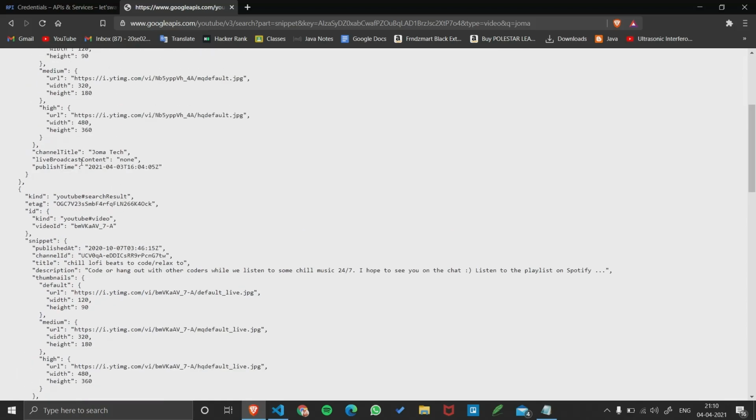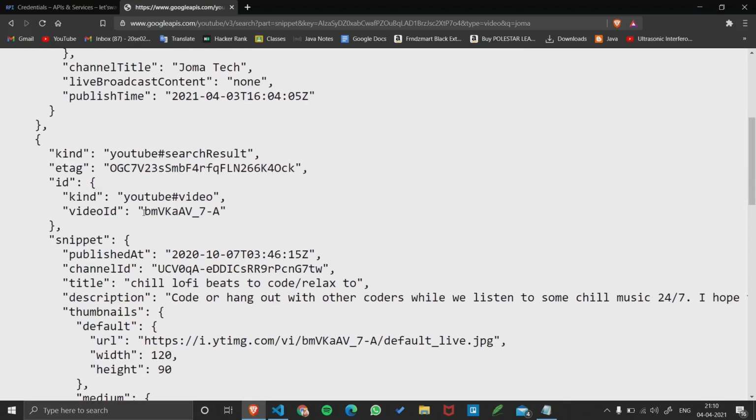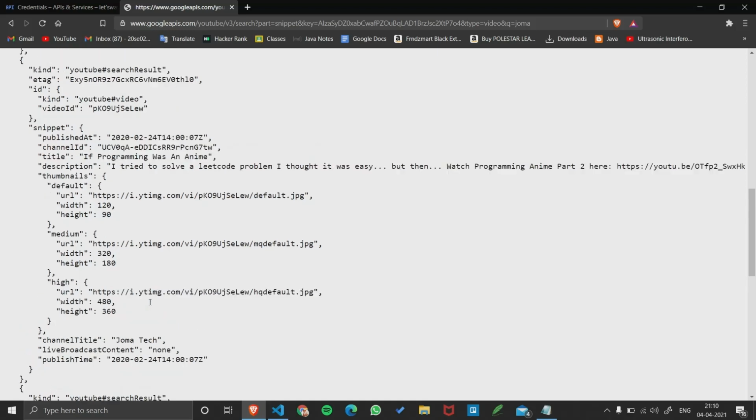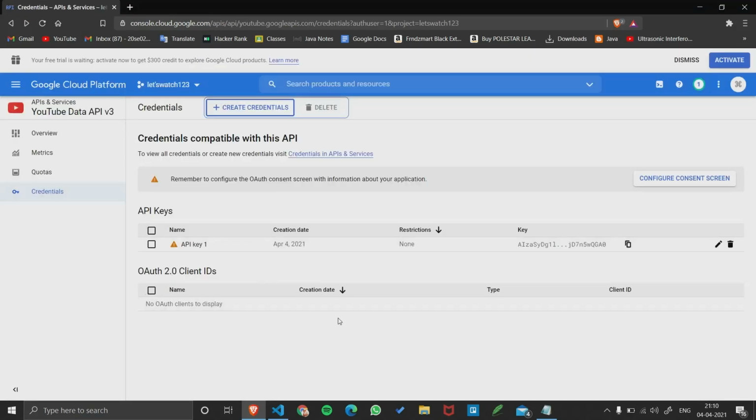As you can see here, I can zoom. Here is the video ID. With this video ID, you can play videos easily with your JavaScript. We got the idea of what the use of the API is.